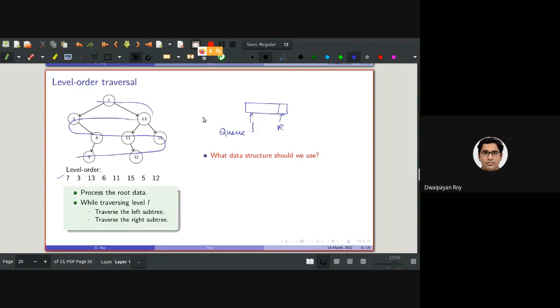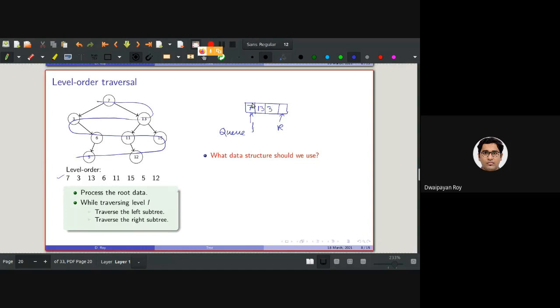So whenever we'll be putting, as you can see, after 7, I am actually visiting this 13. So 7 will be placed, then 13 will be placed. So rear is this. Oh, sorry, in the other order it should be placed. I'm actually writing right here: 7 is placed, 13 is placed, and then 3 is placed.